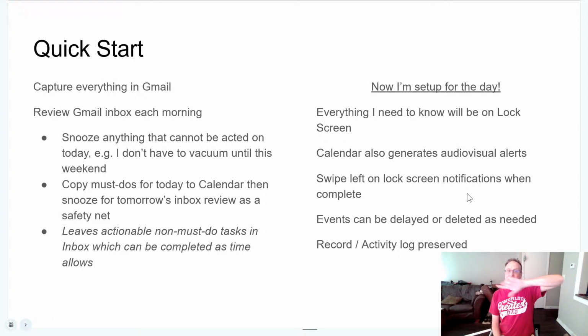Anyway, as I complete things or I no longer need to see them, I can swipe left on them, but I can still retain an activity log, a history of what I was doing and how I'm spending my time, so that when somebody asks me, hey, what did you do today, or what's going on,